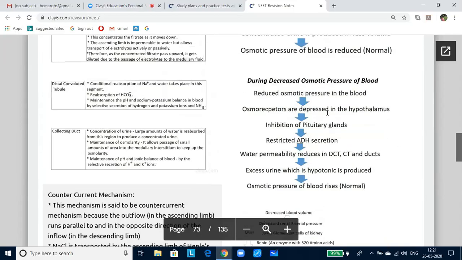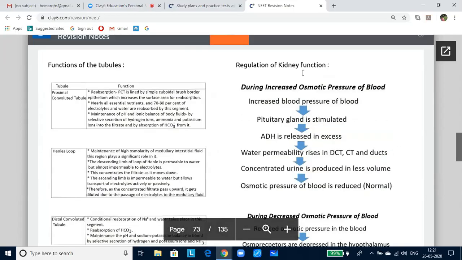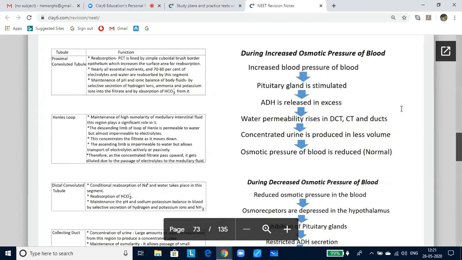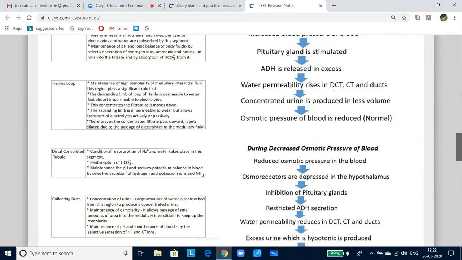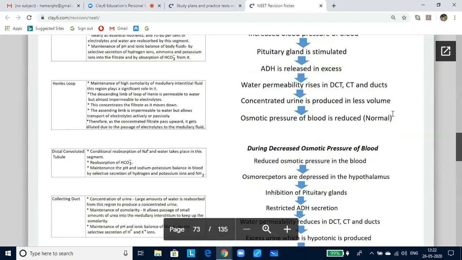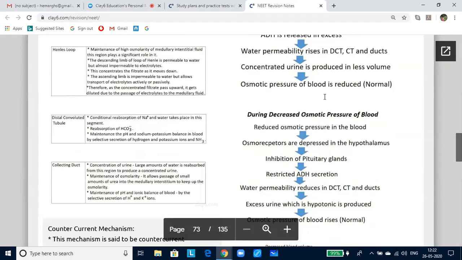Now, let us look at how osmoregulation occurs. How is the kidney function regulated? When there is an increased osmotic pressure of the blood, the pituitary gland gets stimulated. When the pituitary gland is stimulated, antidiuretic hormone or ADH is released in excess. ADH raises water permeability in the DCT and CT. Concentrated urine is produced in less volume, and the osmotic pressure of the blood is reduced, that is, it returns to